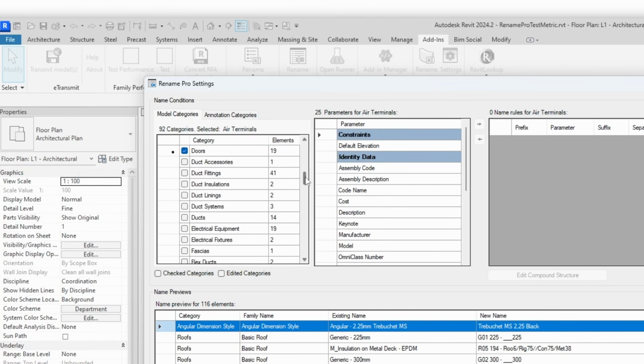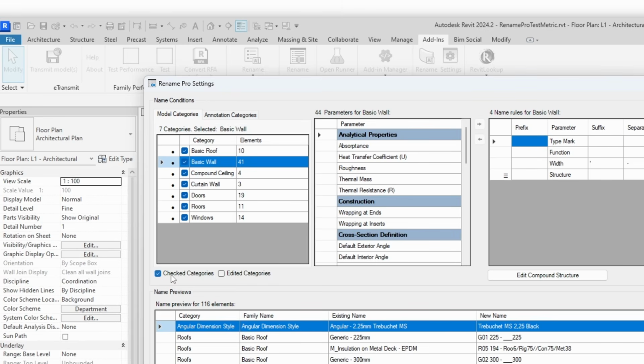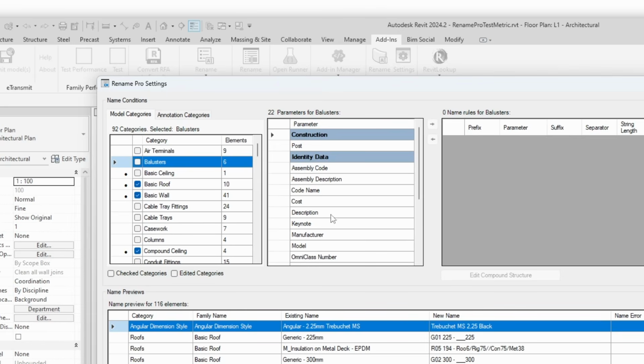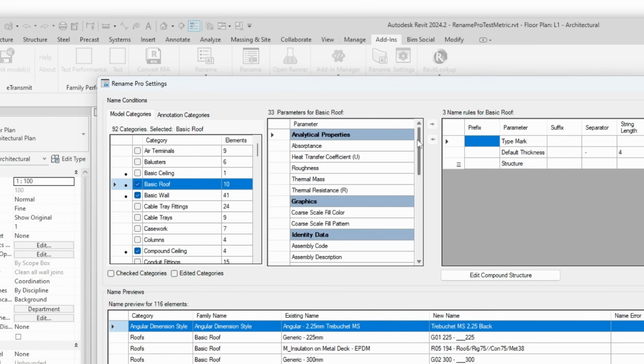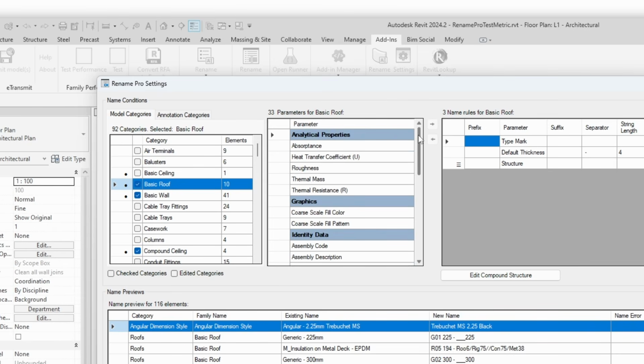These categories are also displayed parametrically, meaning that only categories for elements that are in the model are displayed. You can also check these checkboxes to filter categories that are selected or edited. Next we have the properties panel. This is also parametrically generated for each category, consisting of aggregated built-in or shared parameters that the elements or category